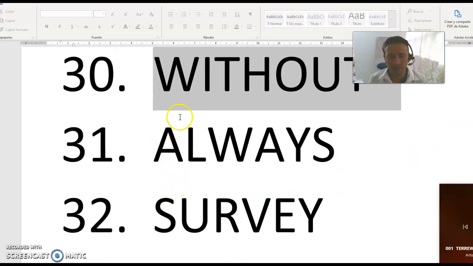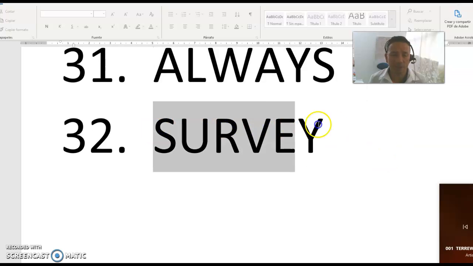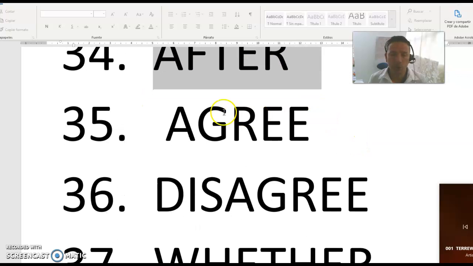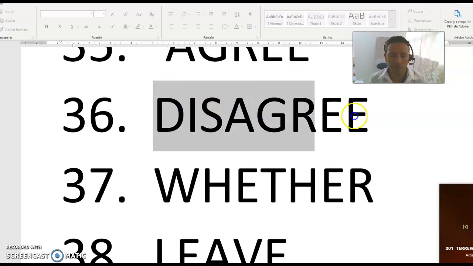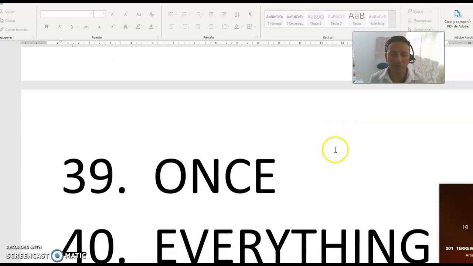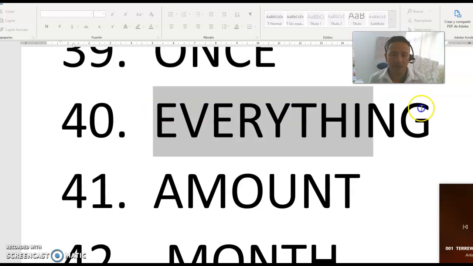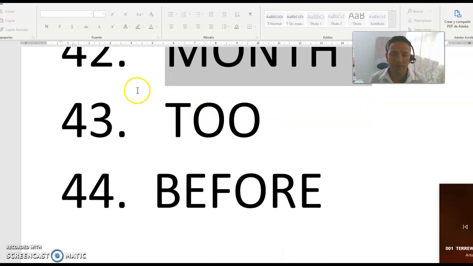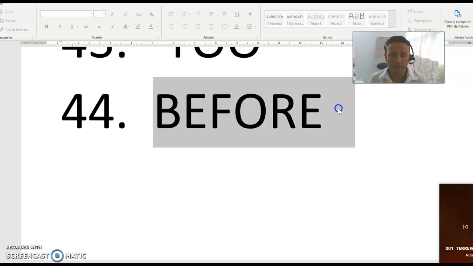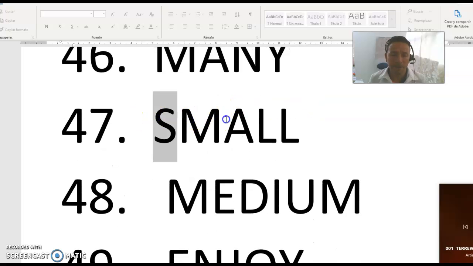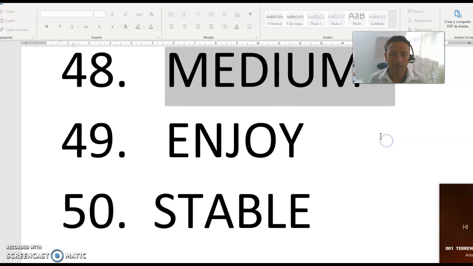Some people say without or without. Always, survey, statement, after, agree, disagree, whether, leave, once, everything, amount, month, to, before, all, many, small, medium